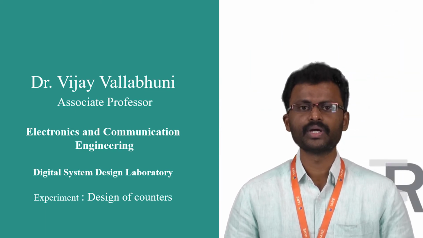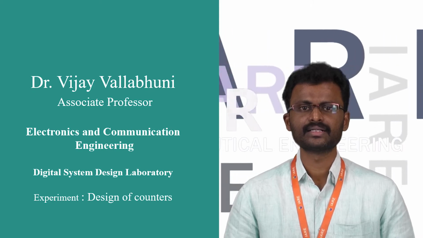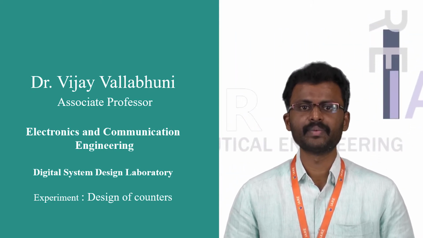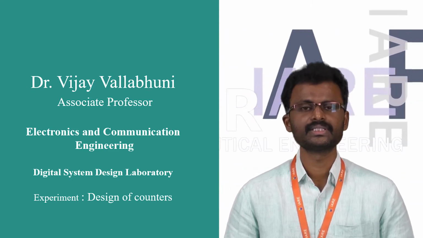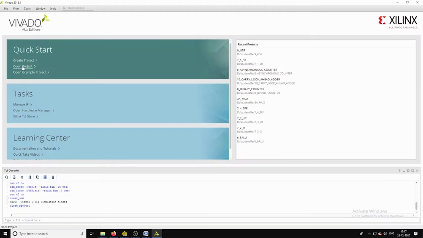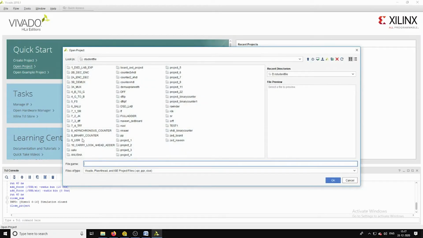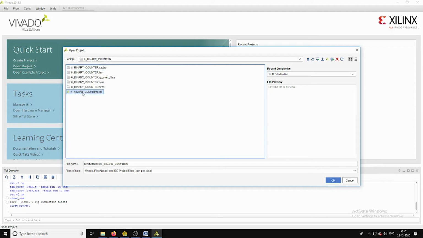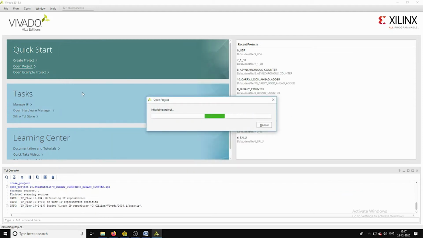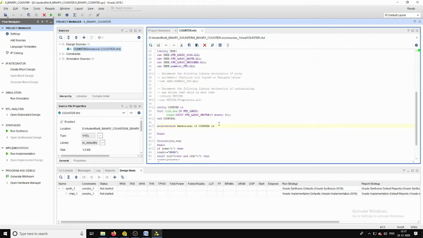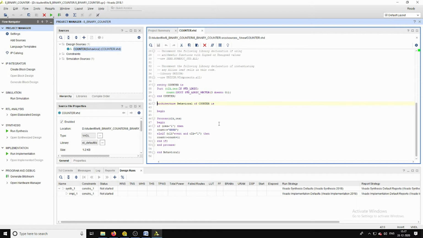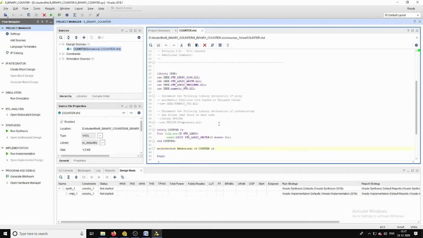In this session, we are going to design the counters, primarily the binary counter as well as the asynchronous down counter by using VHDL modeling. Let us see the binary counter VHDL modeling, and here I have considered the behavioral style of VHDL for developing the counter application.